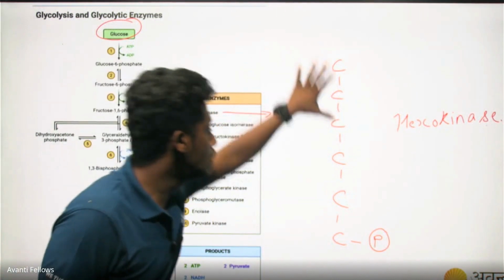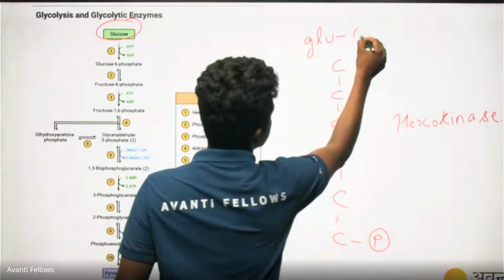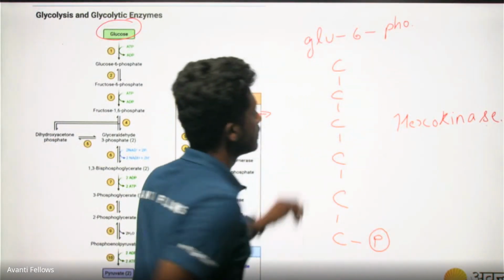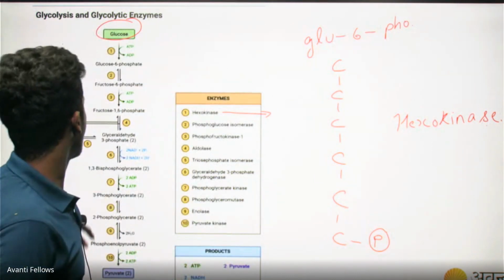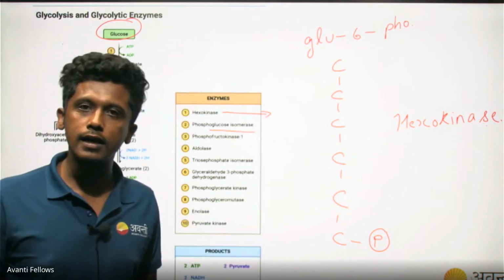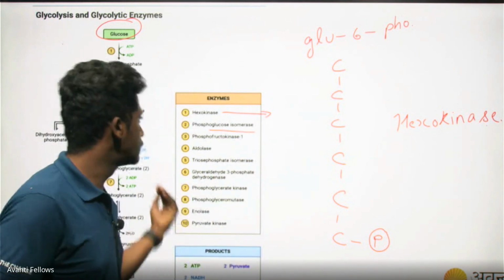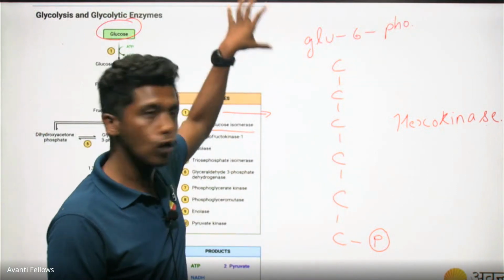Now this glucose 6 phosphate, I'll write it here, in the presence of another enzyme called glucose isomerase, or you can call it phosphoglucose isomerase.